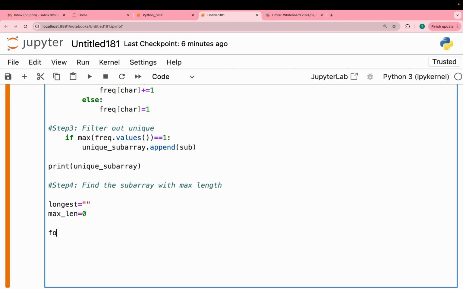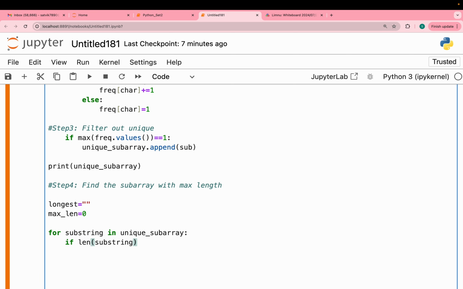Okay, now what we do is, for substring in unique subarray, if length of substring comes out to be greater than my max_length, what is my present value of max length, okay, then what will I do? I will do that max_length will become equal to length of substring, right? So I'll update this value, and also